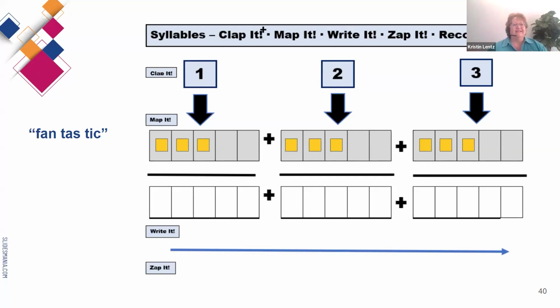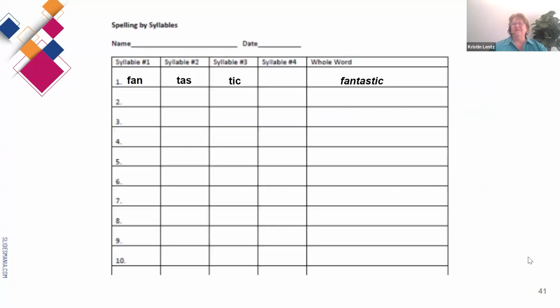Write it and zap it. Okay, so then I'm going to put it back together. I have fantastic. You can also point out to kids that when we're testing them for those nonsense words, if you look at syllables, oftentimes syllables look like those nonsense words that we've tested their ability on. This is an example of that